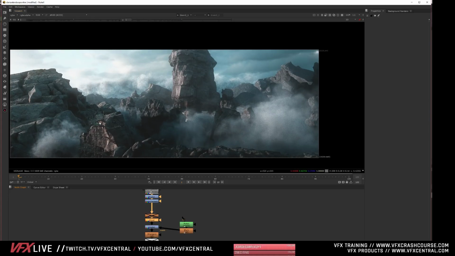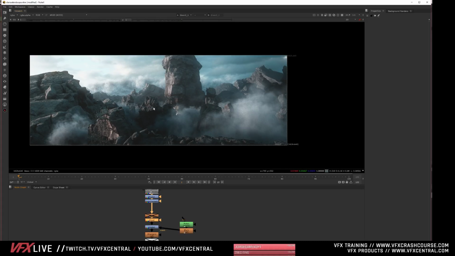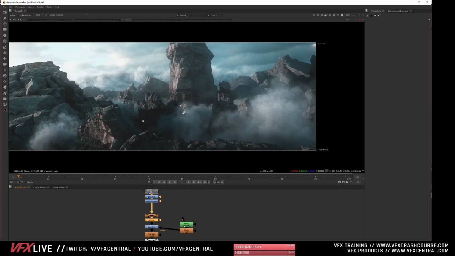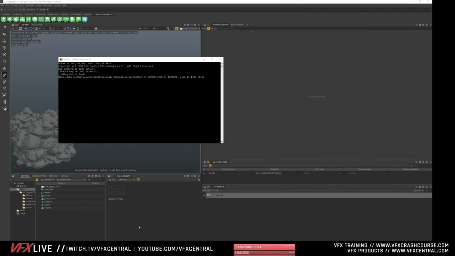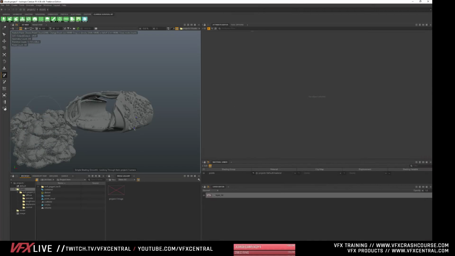I was going to add a whole bunch of little bridges in between these rocks and maybe some structures connected to the side of this thing, almost like a little town that lives up in these massive mountains. Just was having fun with Clarisse. This is one of my first ones that I've done. So yeah, I'm a huge fan of this program. I'm probably going to be getting a new computer, one that can handle this stuff a little bit better.